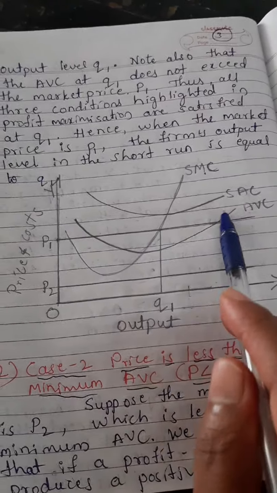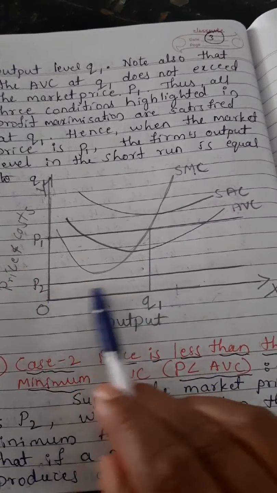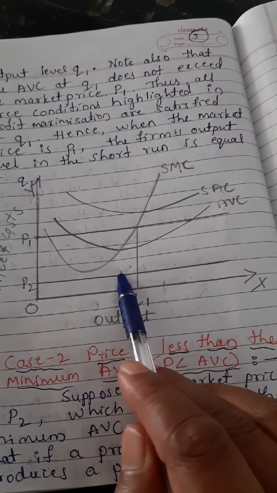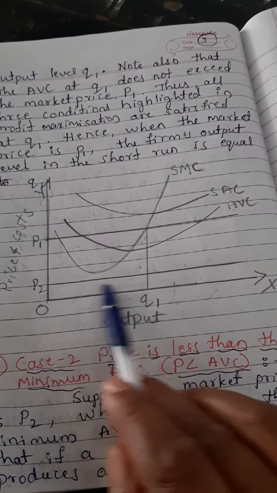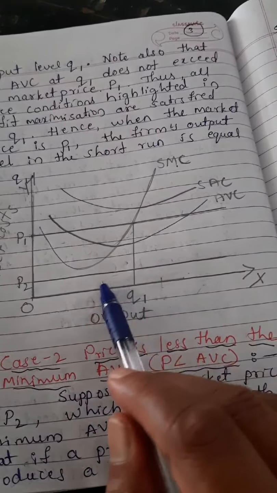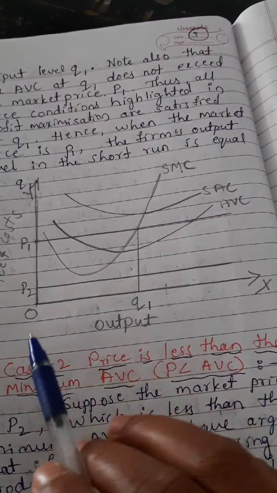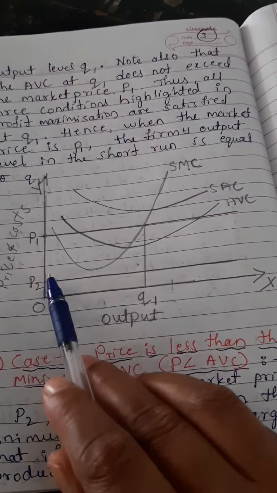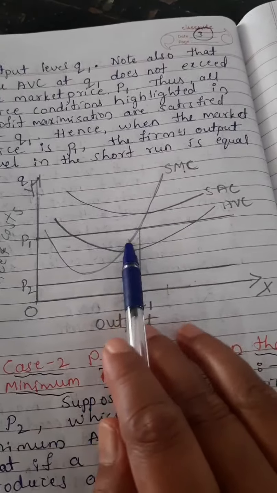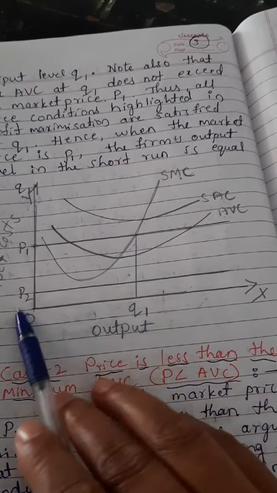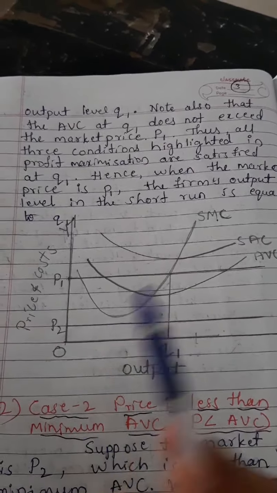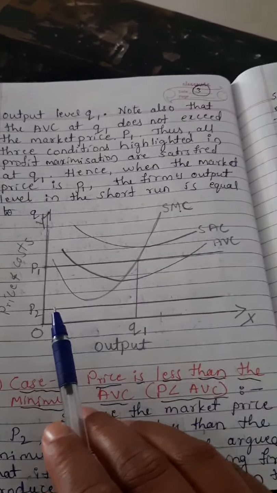The AVC curve is below. Suppose P2 is the price they fix. That P2 price does not touch the price line here, and does not touch the marginal cost. It means there will be 0 units or 0 production. If the P2 price is low, the highest sales may happen, but that will not touch any cost. It becomes 0 cost there, no cost comes at all. That means there is no investment or no production here.